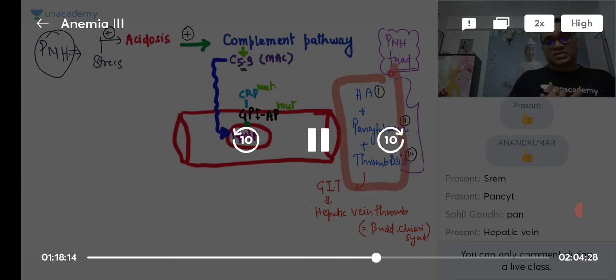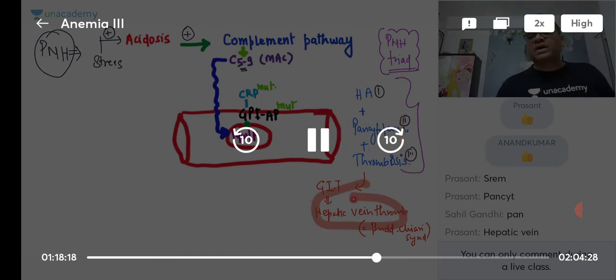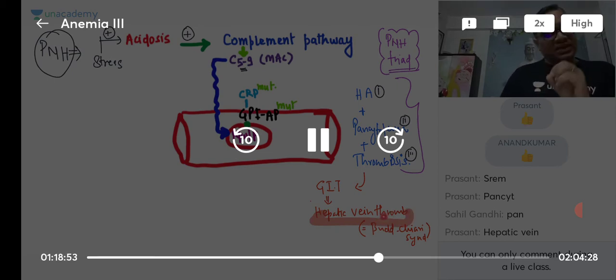So when you are working as a gastrosurgeon or gastrologist and you see a hepatic vein thrombosis, and your pathologist is sending you a report saying hemolytic anemia and pancytopenia are seen, kindly correlate clinically. In your hand, you know there is hepatic vein thrombosis from the radiology department. So first of all, you should have a high suspicion for PNH. That is why this PNH triad is very important. Understood? This triad is not seen in any other anemia. So hemolytic anemia, pancytopenia, and hepatic vein thrombosis will be the characteristic feature of PNH. That is why I was telling you this has clinical significance, right?